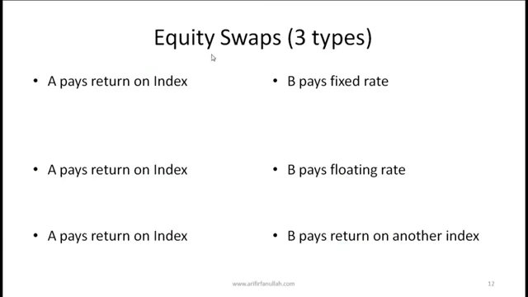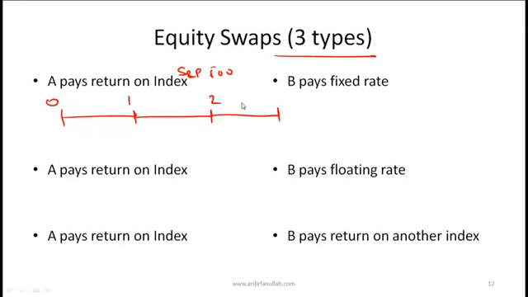The third and final kind of swap we'll talk about is an equity swap, and within equity swap we can have 3 subcategories. One kind of an equity swap is where party A pays a return on an index and party B pays a fixed rate. And how does this work? Let's say that our index is the S&P 500, and let's say that we have a 3-year annual pay swap